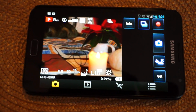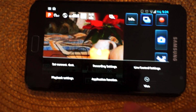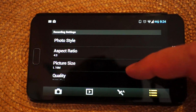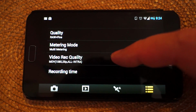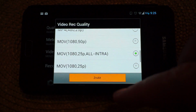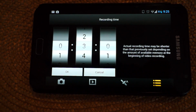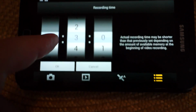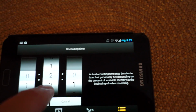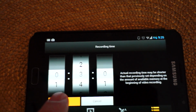But we can set the recording time on our mobile phone. We can open recording settings, and there are some options. Here is video recording quality, same as on our camera, and here is recording time. Here we can set a recording time, in my case 30 seconds, okay,